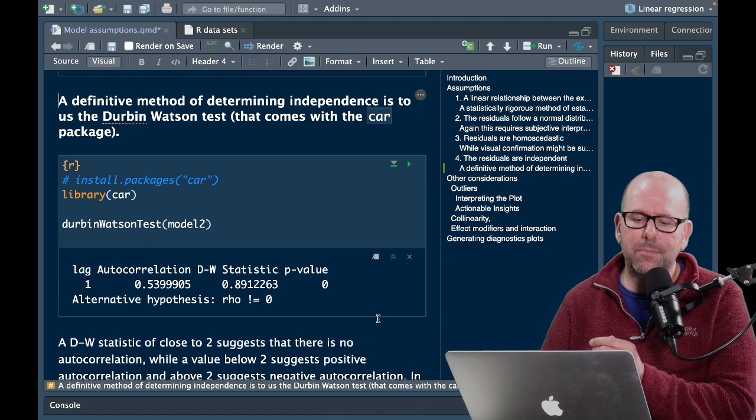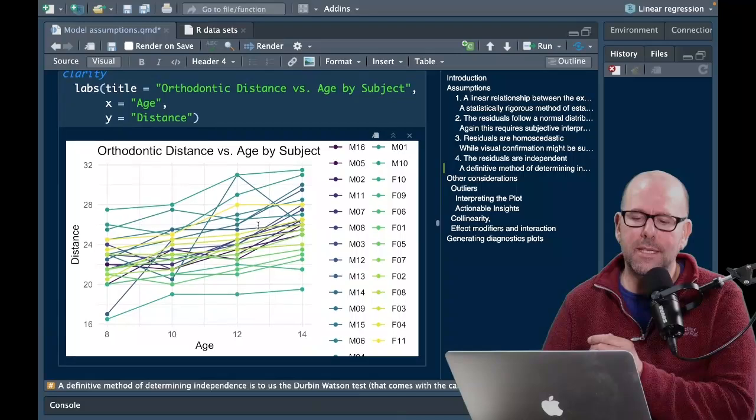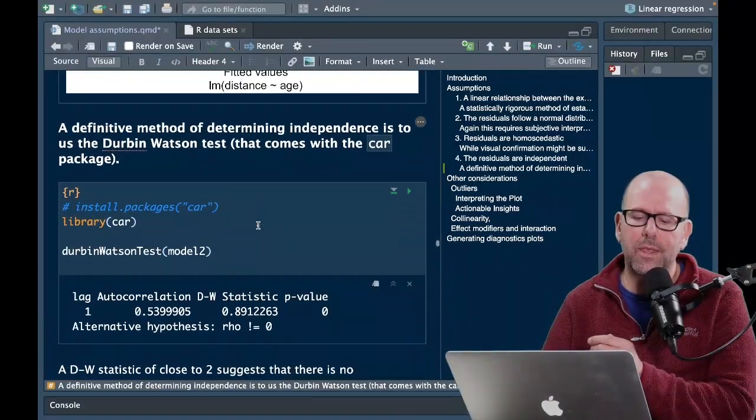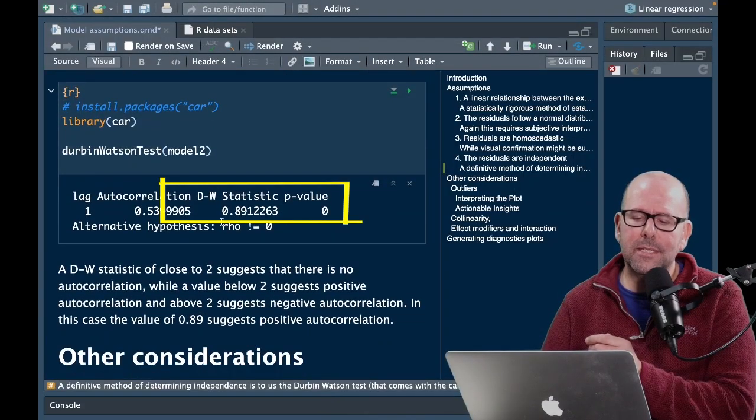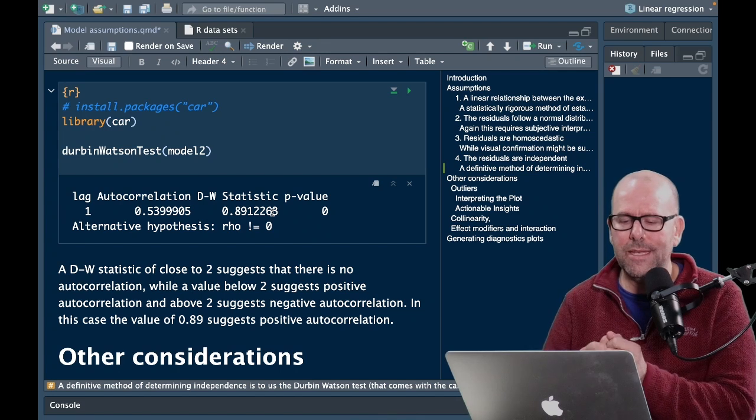Now here we're not interested in the p-value. Firstly, in order to do the Durbin-Watson test, we need to install the package car. We do the Durbin-Watson test and apply as the argument the model that we've created. In this case, it's model2 because this is the data set up here that I'm working with at the moment. And here the DW statistic is what we're interested in. If the value is close to 2, so not much higher or lower than 2, that suggests that there is independence of